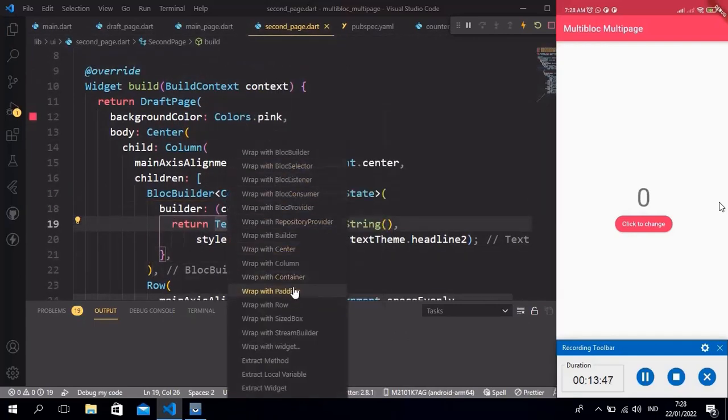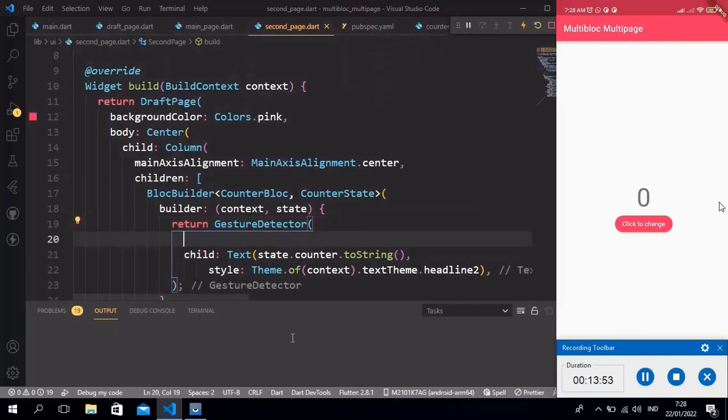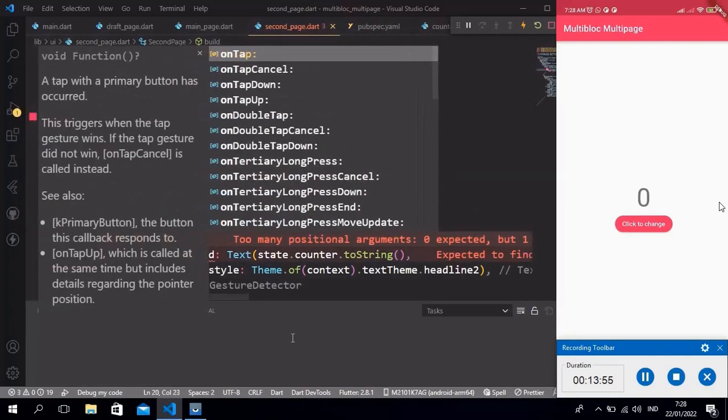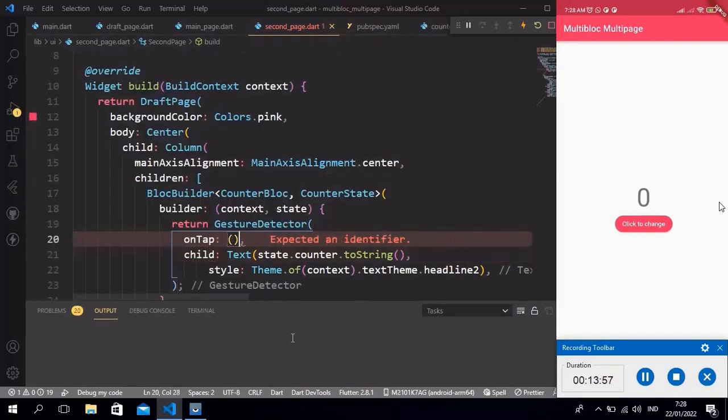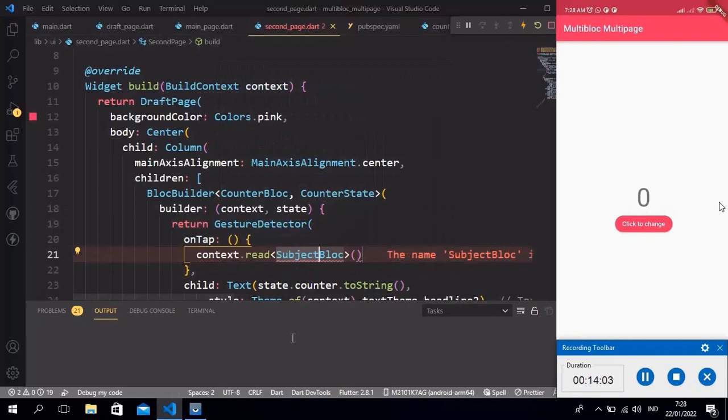Then we need to wrap the text with GestureDetector to trigger the event, because GestureDetector has the onTap property. In onTap we can trigger the event.